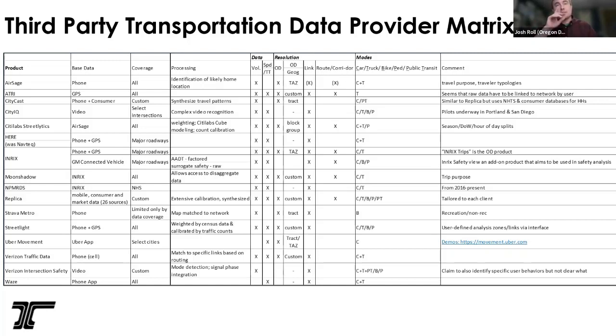What I'm looking for here is two things, just for folks who aren't as familiar: there's a pretty big ecosystem of these providers out there, and it makes it hard, in my opinion, as a transportation authority to keep on top of them all. What data they use, what are their methods, what capabilities and functionality do they have? Because you get emails and you're seeing things in the news all the time about these types of products. And so we're trying to have some basic level of summary about them.